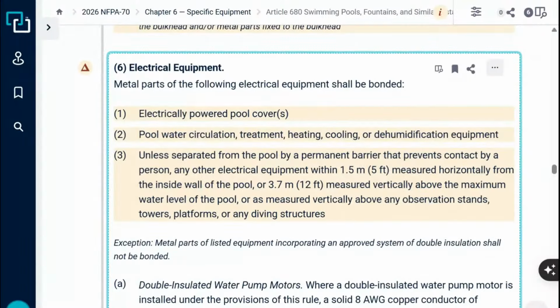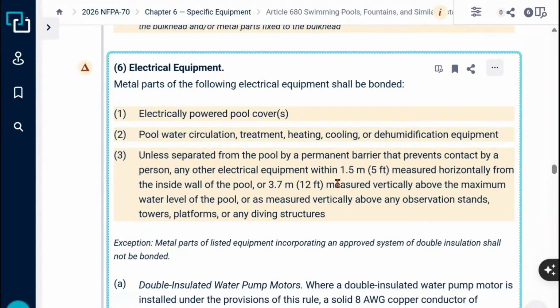is circulating through this particular piece of equipment, right? It's got heating, cooling connected, so we're going to have to take care of that equipment. Yes. Okay. And then some wordy language here: unless it's separated from the pool by a permanent barrier. So then it's saying, okay, if that's the case, any other electrical equipment